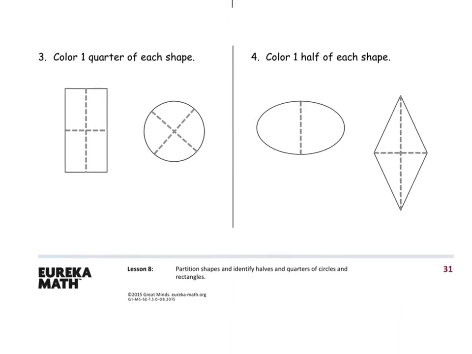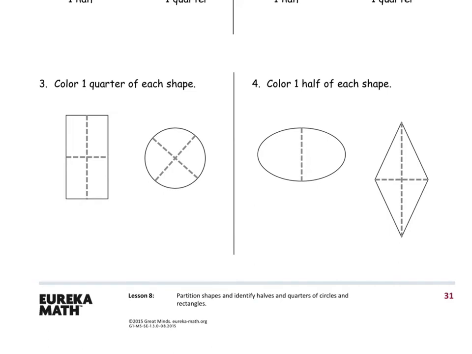Down below for 3 and 4, I'll do 3. 3 says color 1/4 of each shape. So 1/4 means one of the 4. So one of the 4 parts need to be shaded. So I see for this first one, the rectangle, it's broken into 4. I'm going to pick this one and I'm going to shade it in. Doesn't matter which one I shade in, but it can only be one of those